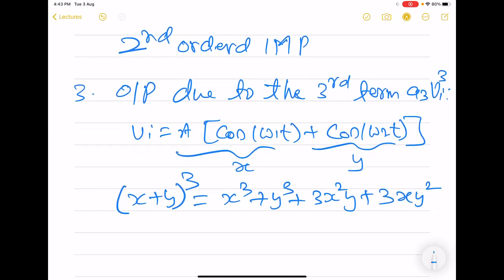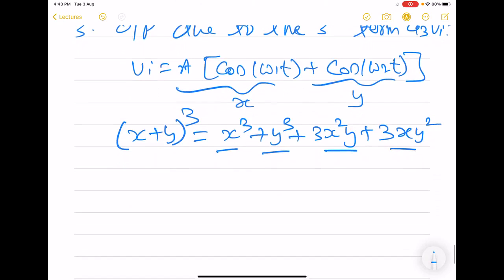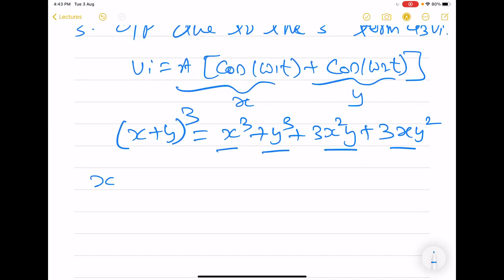So we will now have to find out the contribution of each of these four terms and how this will give rise to various frequency components present on the output side. So now when we carry out the effect of the cubic term, this will involve expanding cos cube omega t. This type of term we have already handled for the one tone case. And when we expand this, what we are going to get is